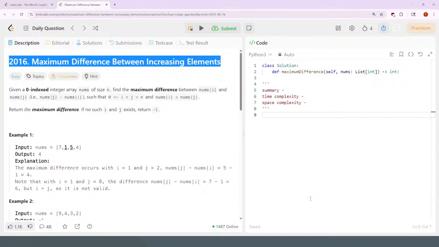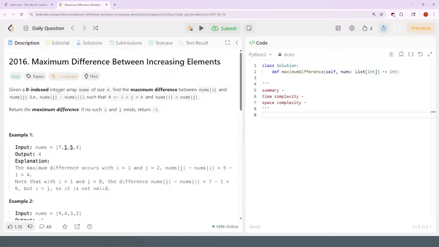Alright, easy, easy, easy. Nice. Maximum difference between increasing elements. Okay, given a zero-indexed integer array of size n, find the maximum difference between nums[i] and nums[j],